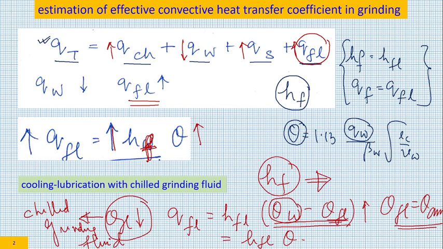However, we are going a bit away from our main objective. Our main objective is to learn how to estimate theta F. If we learn how to estimate theta F, we would be able to devise grinding temperature control strategies. So from that estimation procedure, grinding temperature control strategies would also come in. So let us see how to go forward.